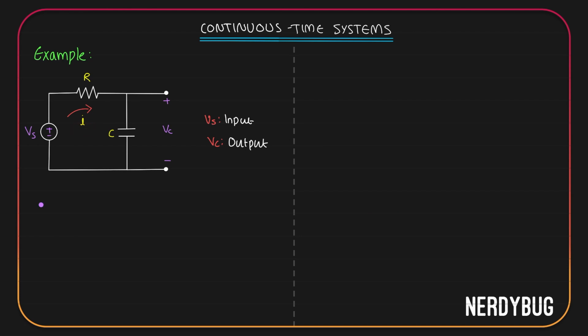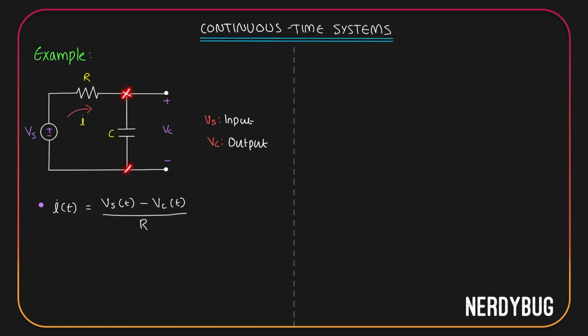Using Ohm's law, we can write the current through this resistor is going to be the net voltage across it divided by the resistance. Current as a function of time, I of t, will be equal to the voltage at this point for this resistor, which will be Vs of t, minus the voltage it gets over here, which will be whatever is the potential across the C. So Vc of t, divided by resistance R.